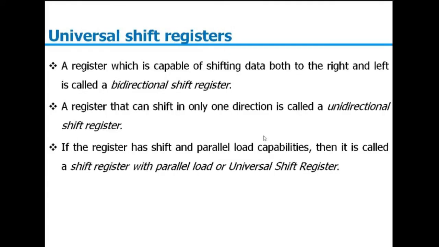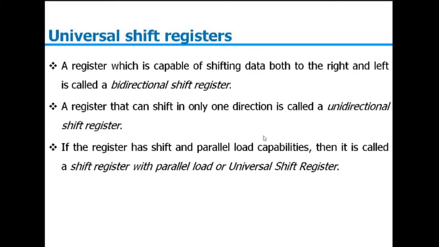Now the universal shift register has the capability to shift the data both right and left, as well as it should have the capability to load the data parallelly, right? So all the different types that we have studied in terms of shift register, SISO, PISO, SIPO and PIPO, all four operations can be accomplished in the universal shift register. So since we have four types of operation, I can use a 4:1 mux. You can use the simple basic gates as well.